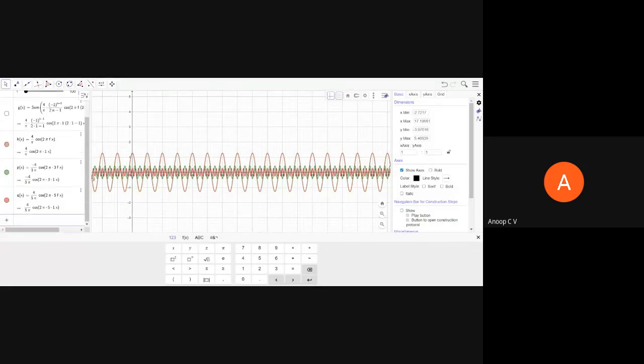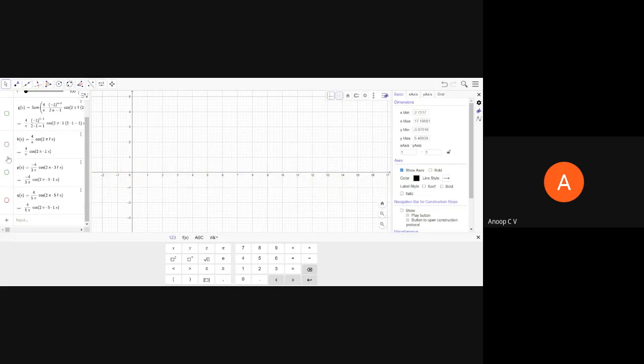So if we add everything, now we have seen the individual terms. So this is 4 by pi cos 2 pi ft, and this is minus 4 by 3 pi cos 2 pi 3 ft, and this is 4 by 5 pi cos 2 pi times 5 ft. This is actually the fundamental frequency. This is the first odd harmonic. This is the second odd harmonic, and so on and so forth.